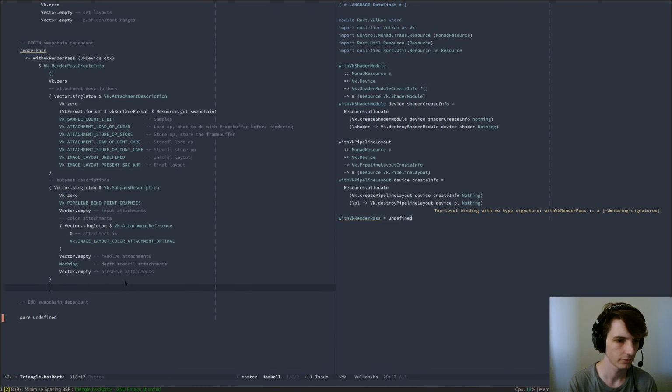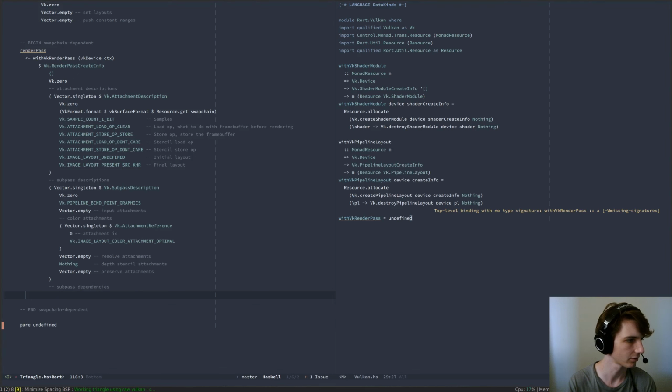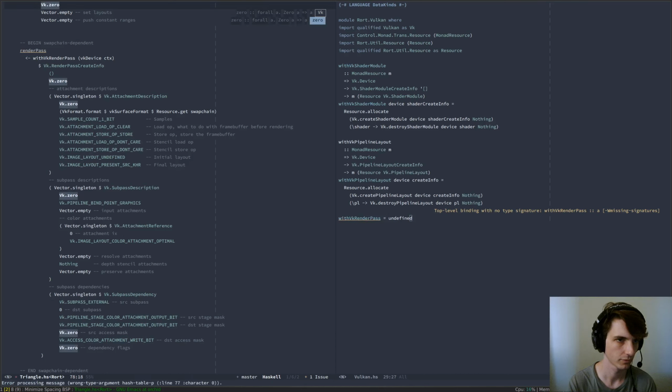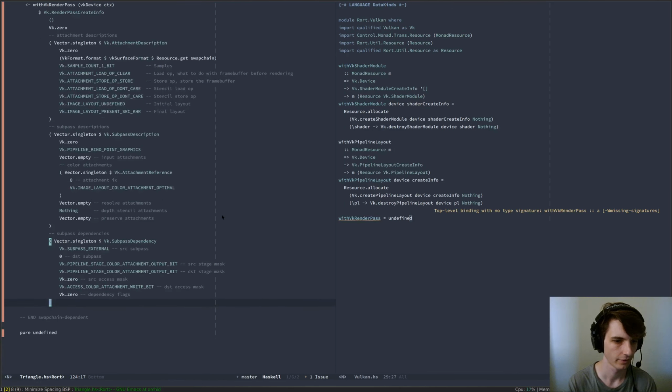Then, finally, we've got our subpass dependencies. Now, these are a little bit complicated, and I described them last time, but I'll give a quick overview. So again, we have a single subpass, so we've just got one subpass dependency. Great. So subpass 0 depends on